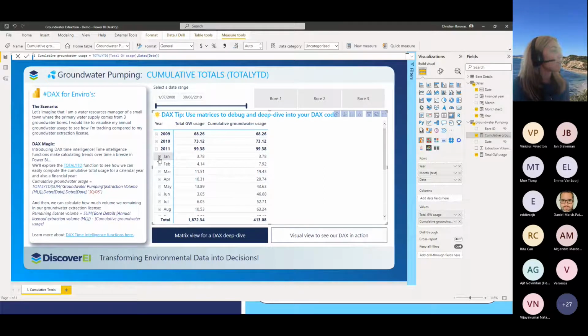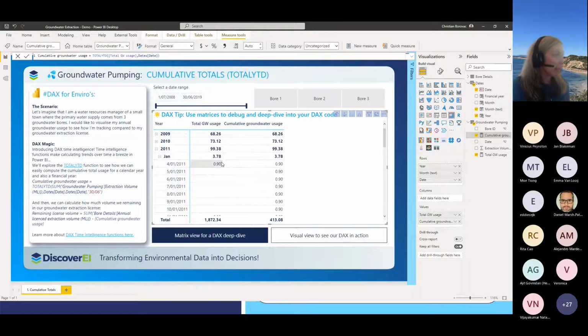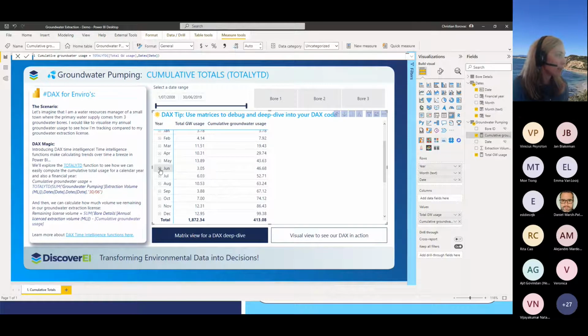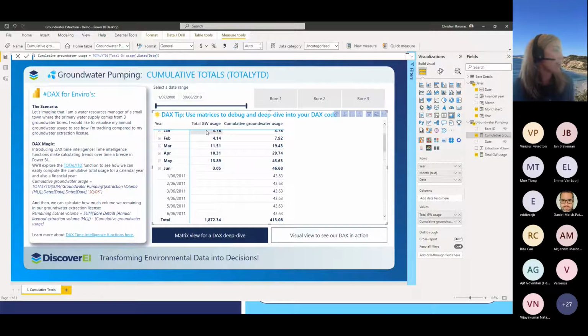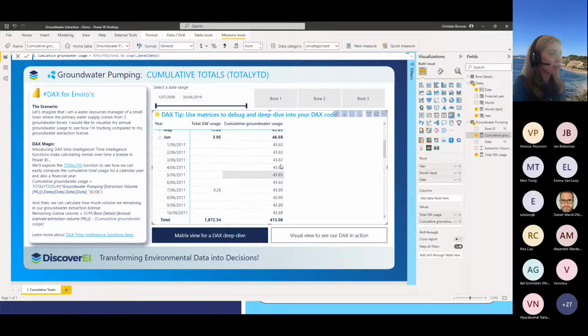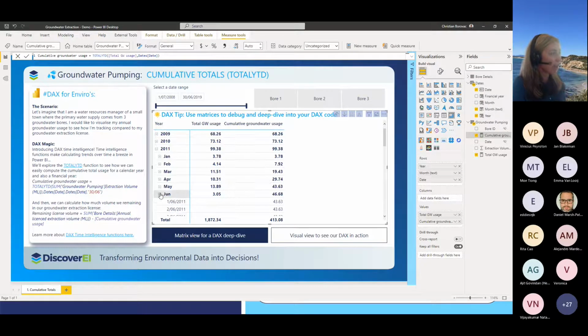But then when we drill into the detail of the specific dates, if we have a look maybe at June, this column here is representing just the total groundwater usage for June, whereas this tracks the cumulative usage, and it's adding up each subsequent usage. So this is a really good way just to check our DAX functions.